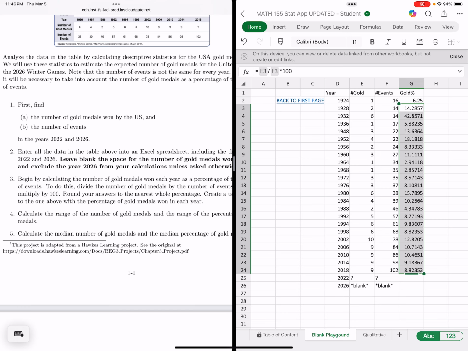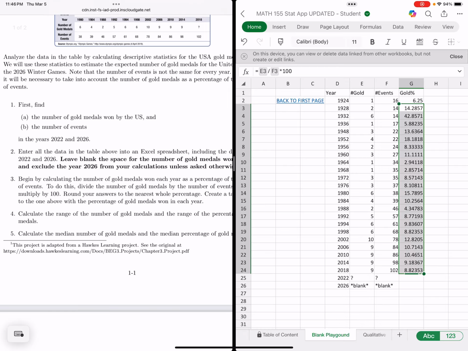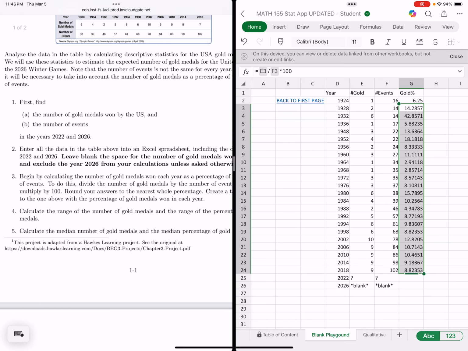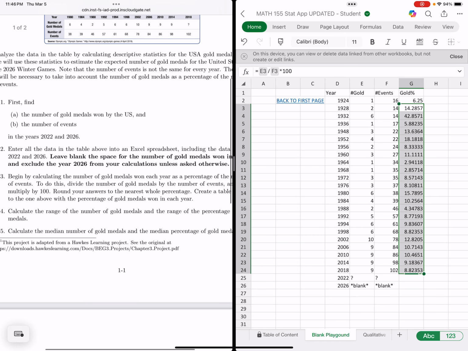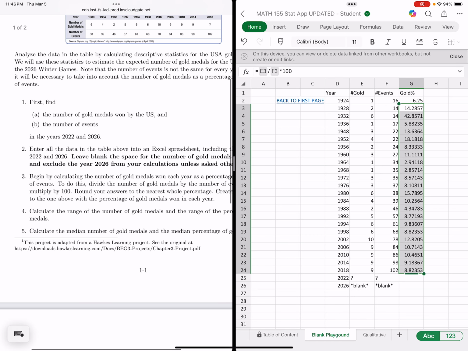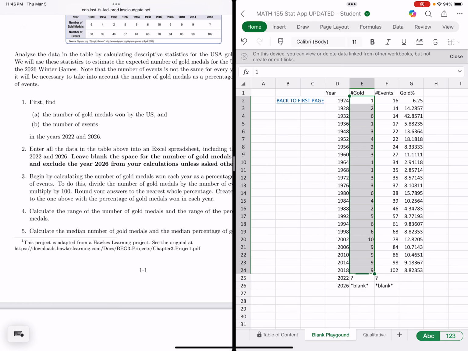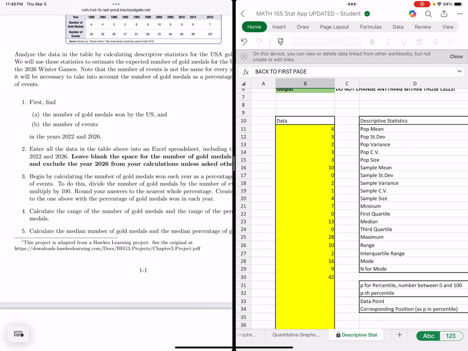It asks you to calculate the range. I'll leave that to you. But note that it says, for example, actually, let's just look at gold medals. Calculate the range of the number of gold medals and the range of the percentage of gold medals. I'll leave the percentage to you, but I'll just do this. Again, you would be including the 2022 data, but we would take this and go ahead and copy and paste this